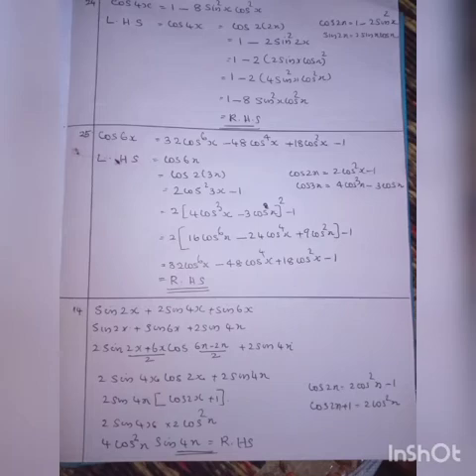So how can we start? First we have to write 4x, how to write? Cos into 2 into 2x. Cos 2x, what is the formula? 1 minus 2 sin square x. Here in the place of x we have 2x. So the answer becomes 1 minus 2 sin square 2x. Isn't it children? In the place of x here we have 2x. So in the formula sin square x changes to sin square 2x.